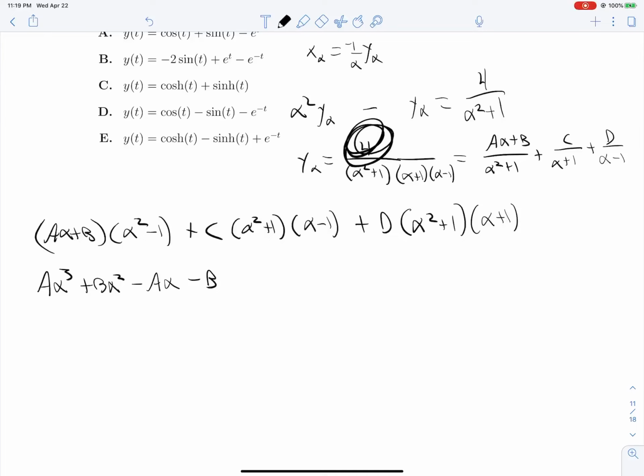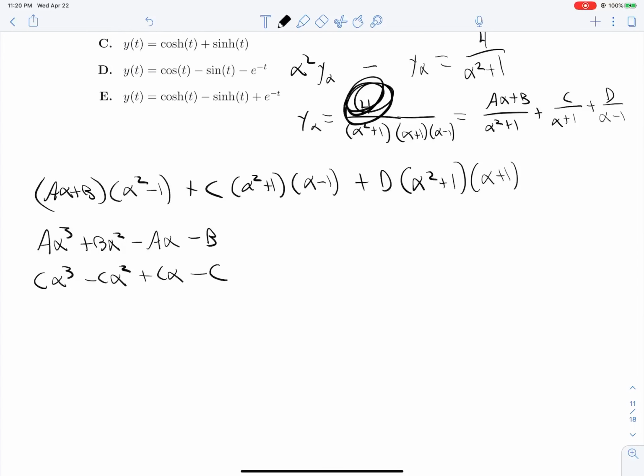Okay, then over here we get c alpha cubed minus c alpha squared plus c alpha minus c. And then with our d's, we will get d alpha cubed plus d alpha squared plus d alpha plus d. Okay, and so now I've made this into a nice little form. All of this is equal to,